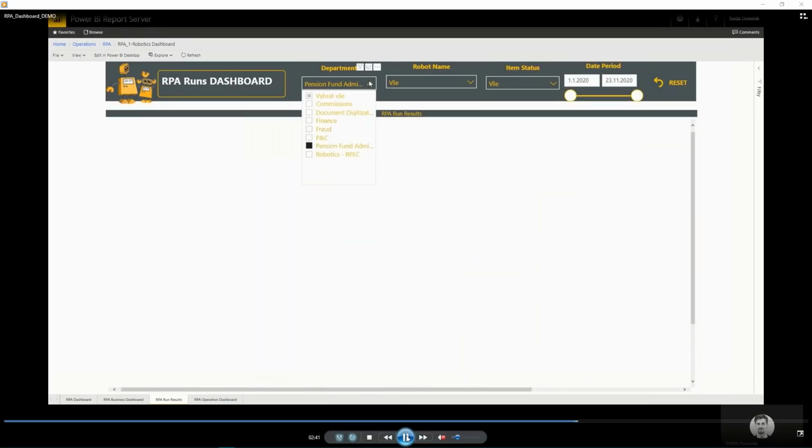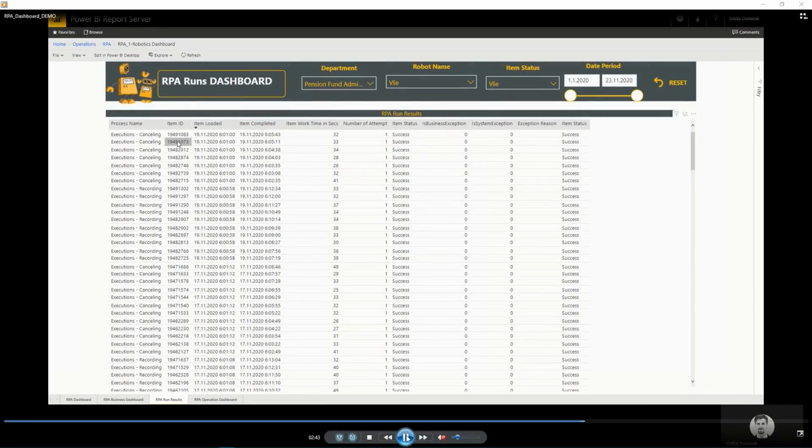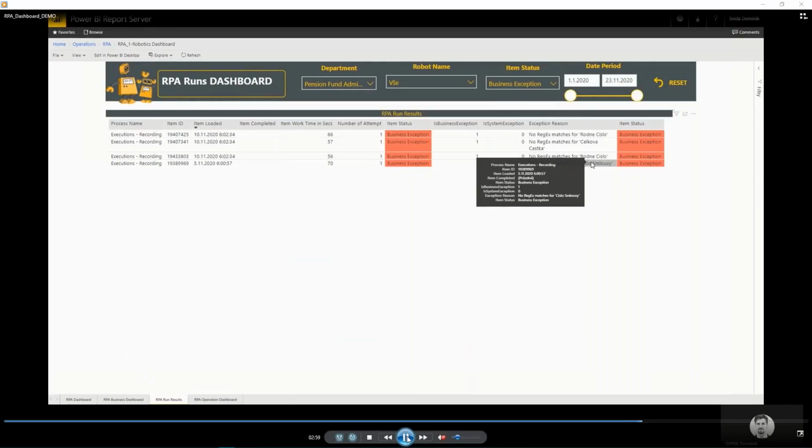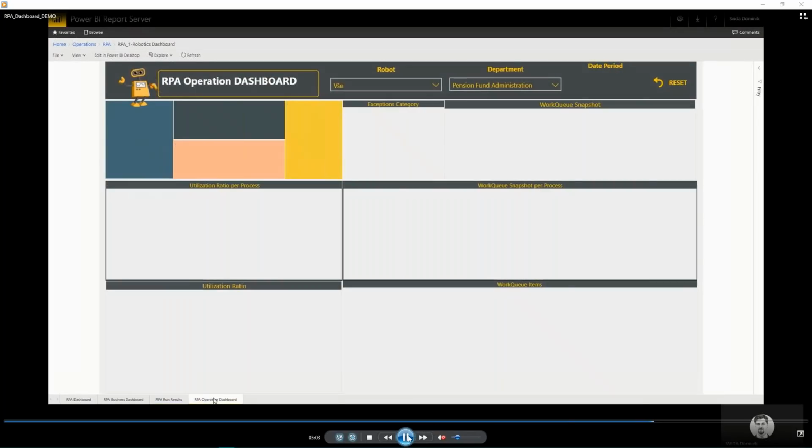So for this purpose, we created this report where we can find information about item ID, when the item was loaded, when it was completed, how much time it took to complete the task, and the final status, if the status is success or if there were any exceptions. Also, if we find any exceptions, we can use the filter and see the exception reason. Also, this report can be exported to a simple file such as Excel and